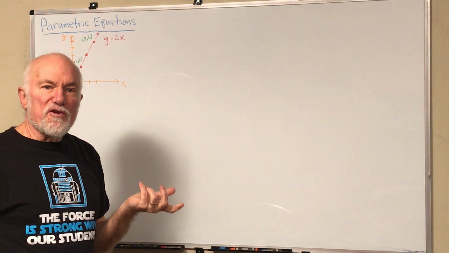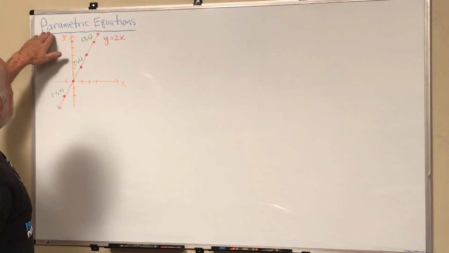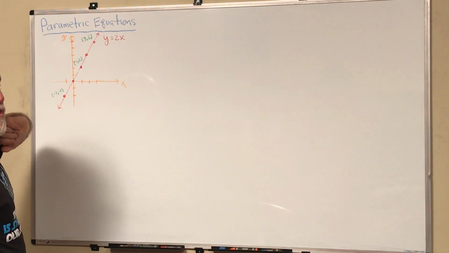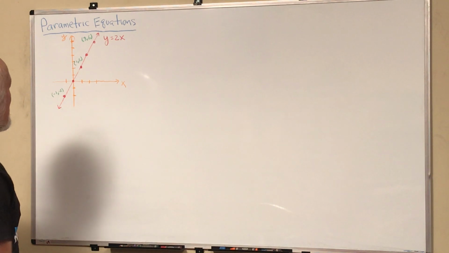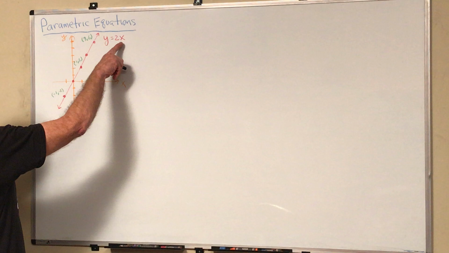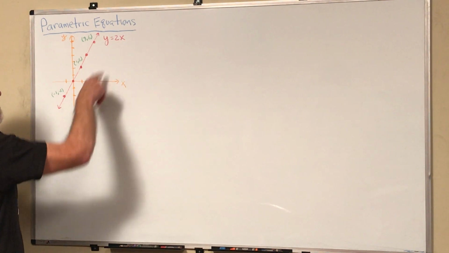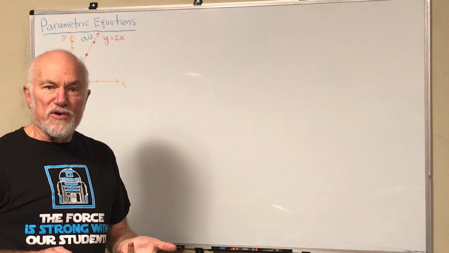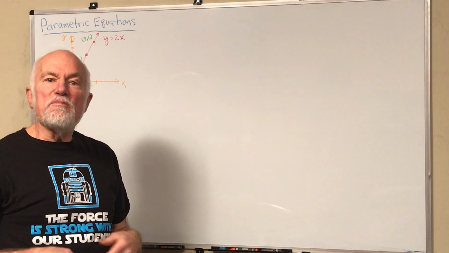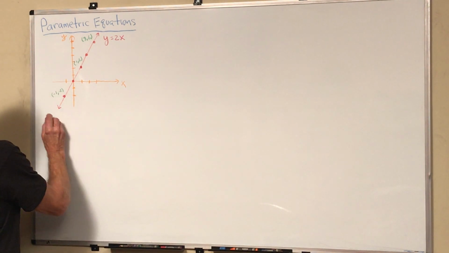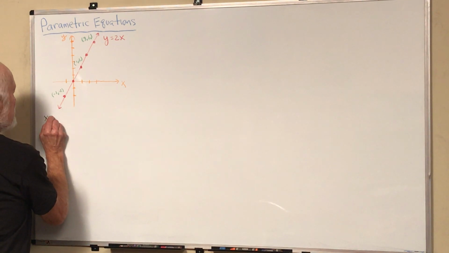But there is another mode that you can use, another form called parametric equations, or parametrics form. What you're going to do is instead of giving y as a function of x, you're going to give both x and y as a function of a third parameter. And it could be anything, but t is the most often used parameter. So you give x as a function of t, and y as a function of t.